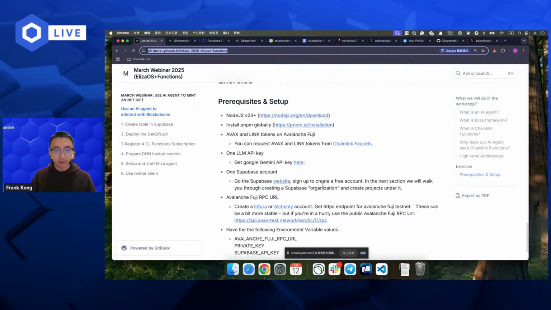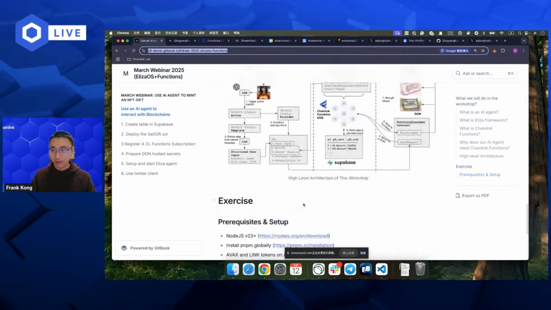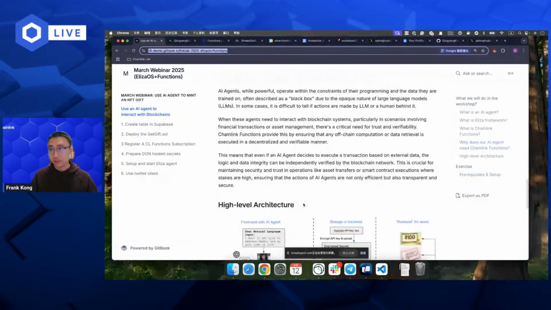After you get this prepared, we can start our coding, and you'll need to use everything I listed here in the workshop. Okay, next, let me pass it to Owen from Avalanche Lab, and he will introduce the Avalanche network and how you can work with Avalanche.